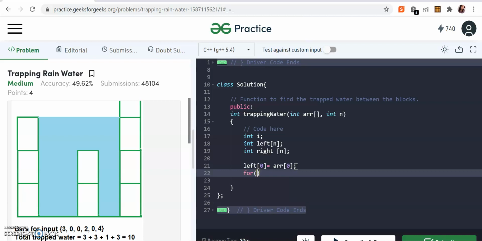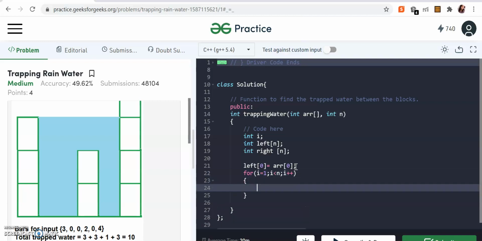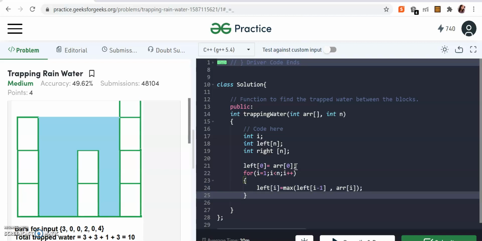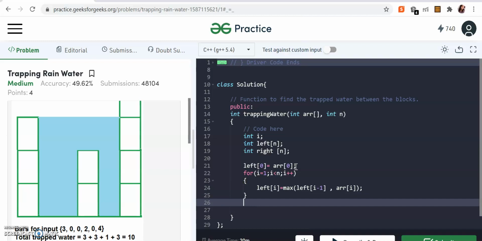Let's run a loop from 1 to n, and so left of i will be the maximum of left of i minus 1 and the current element. So you're basically comparing the current maximum that you are getting, which is left of i minus 1, to arr of i. So you will just store this.